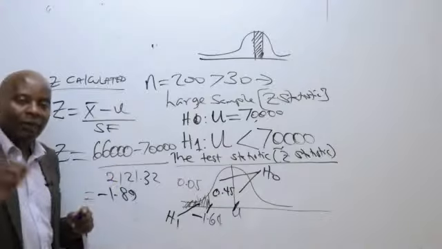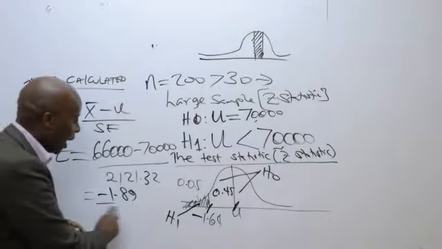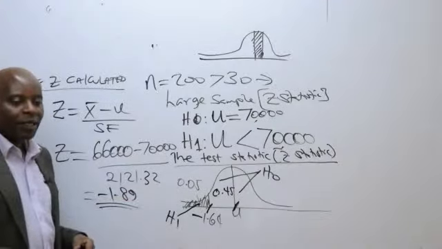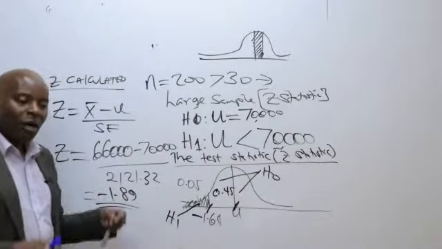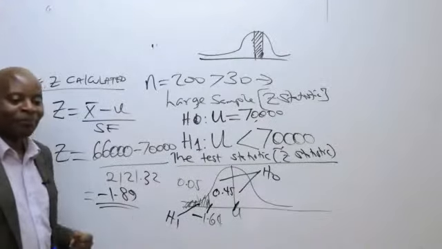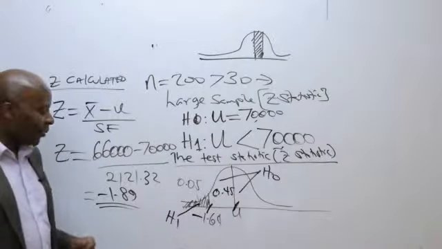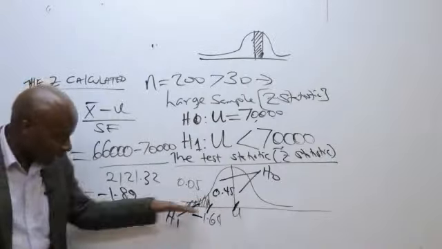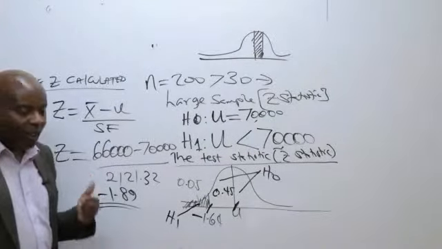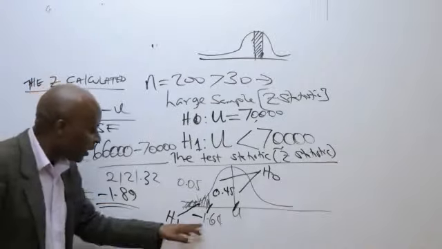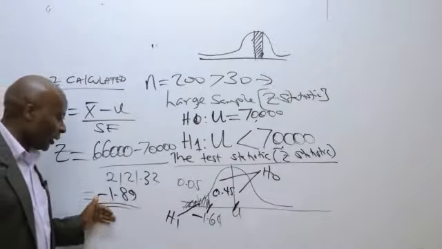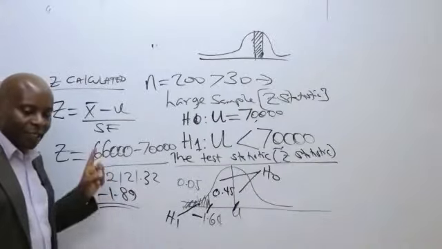Now, having marked yours like that, could you kindly advise me, this negative 1.89, where does it fall on your diagram here? Is it falling in the shaded region or unshaded region? This negative 1.89, where does it fall on this number line? Lokai tells me shaded area. We have Denzel, shaded. Yes, negative 1.89 is slightly less than 1.6. It will be falling somewhere here. So you tell us that negative 1.89 falls in the shaded area,